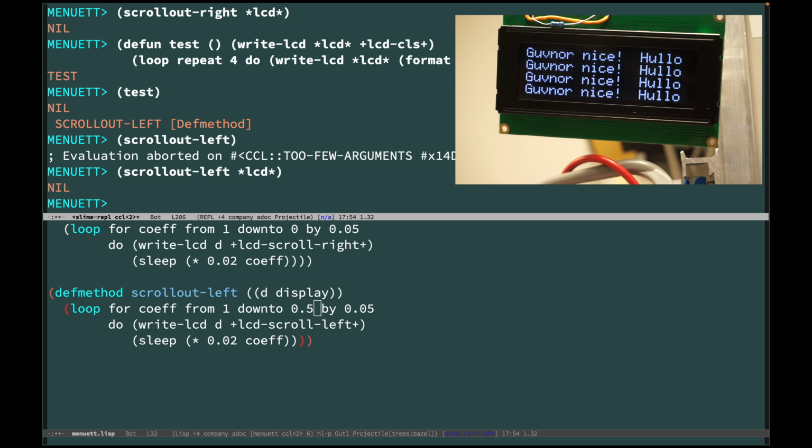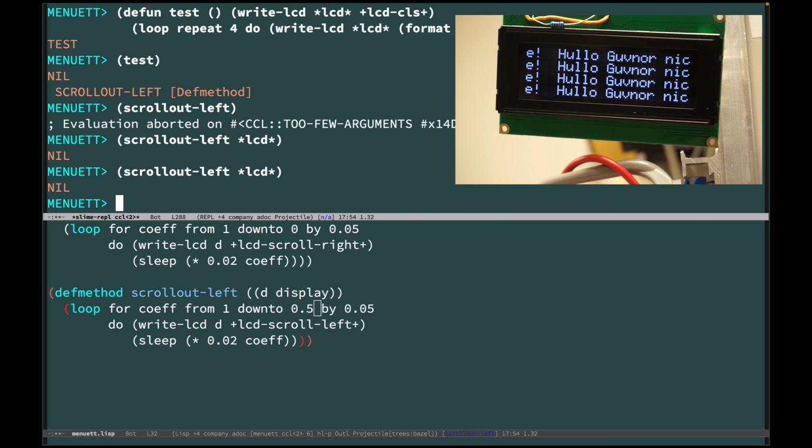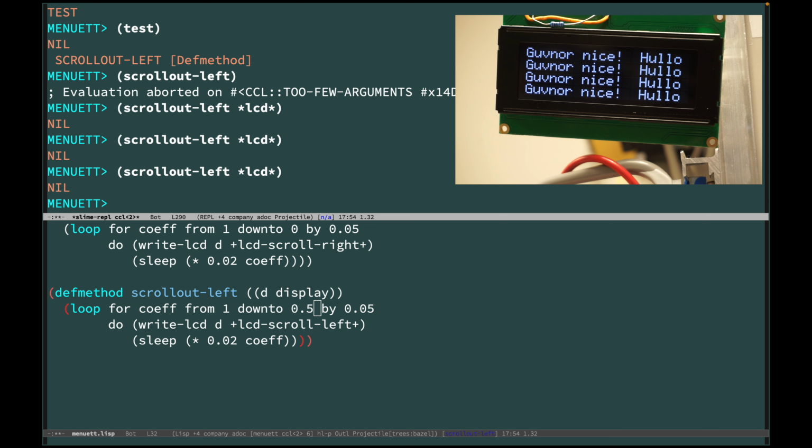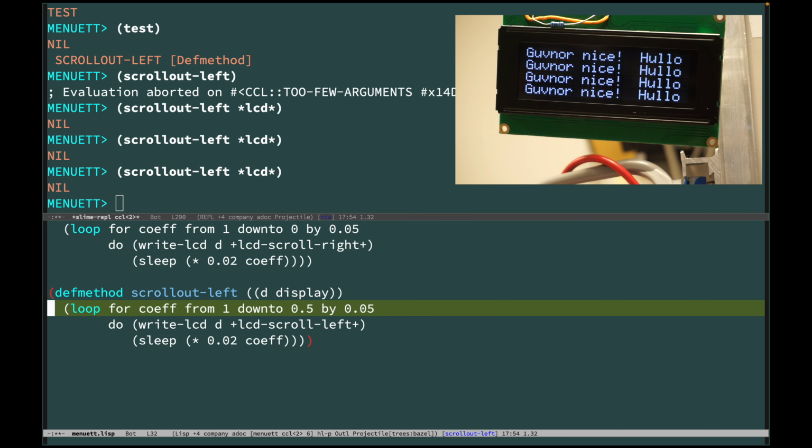That's so stupid. So if we scroll twice, we'll do a full scroll, kind of. Anyway, what we try now